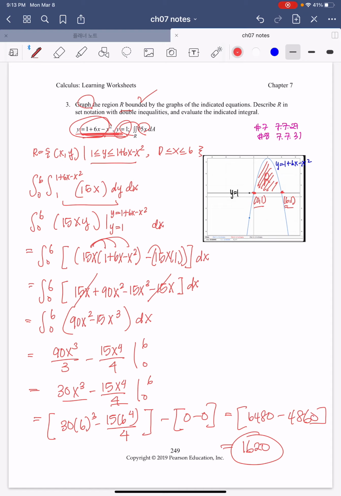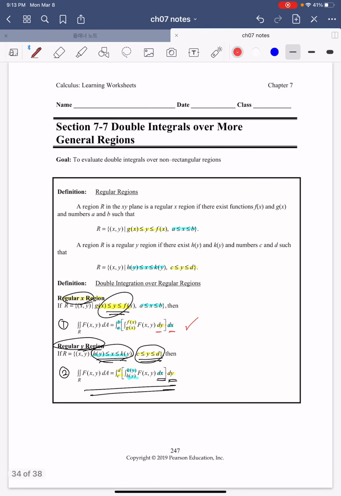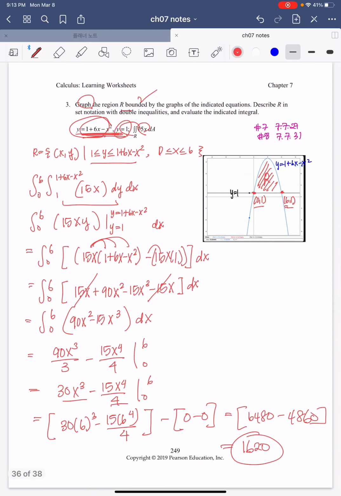So you see that the y value is a function, the x value is a number. So that is the first definition, a regular x region. The y value is a function, the x value is a number. So we do dy and then dx. So I set that up, evaluate it, and then end up getting 1620. 1620 is the final answer. Okay. So let's